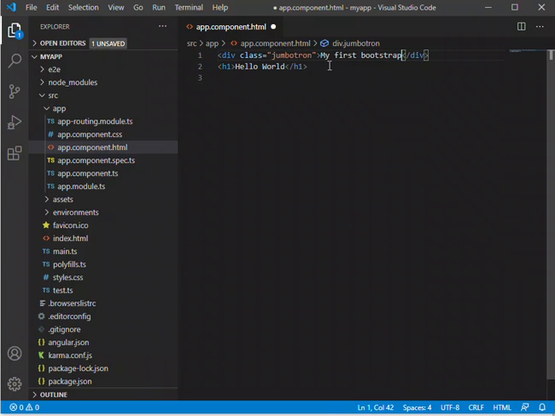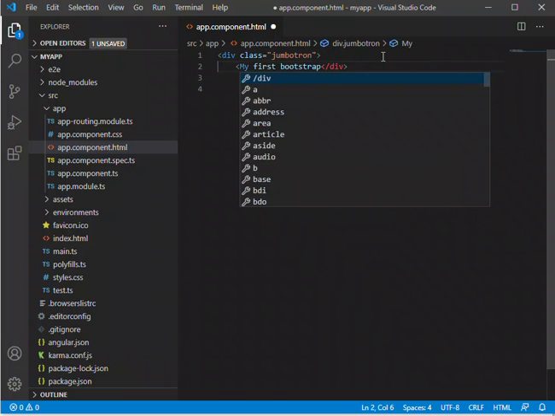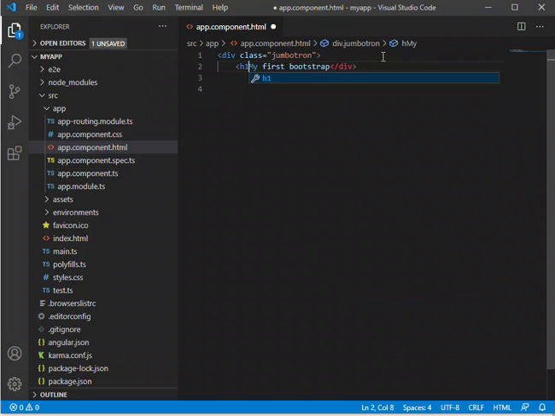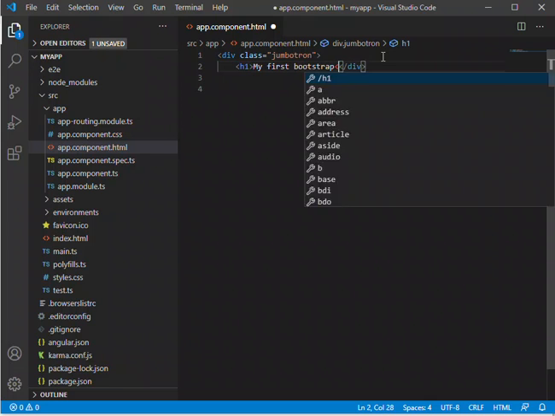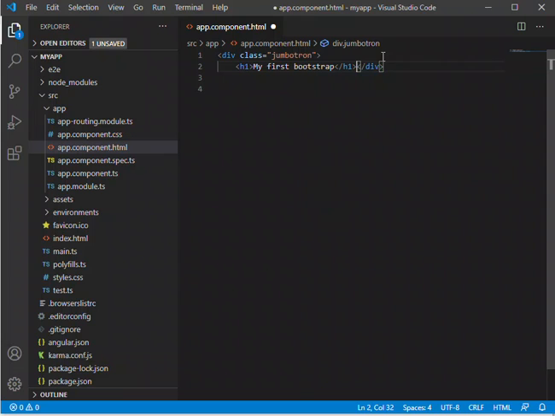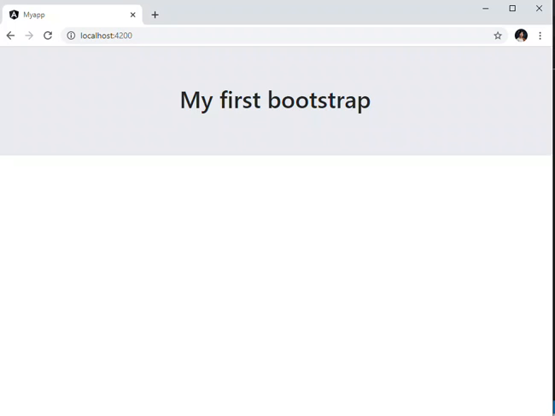Now let's remove the hello world, save. Let's put an h1 for our label. Save our application and let's see what it looks like in our browser.